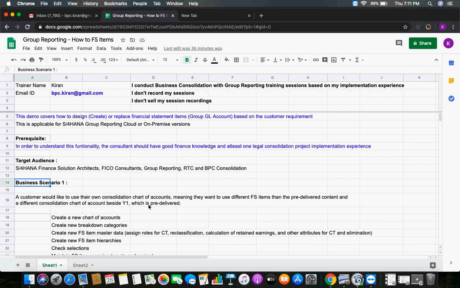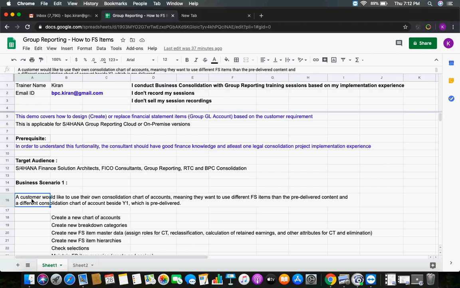What does it mean? SAP delivered Y1 consolidation chart of accounts, the customer doesn't want to use that one. When they don't want to use Y1 chart of accounts, that means they want to create their own FS items, financial statement items, group chart of accounts. They don't want to use any pre-delivered content of financial statement items. If that is the case,